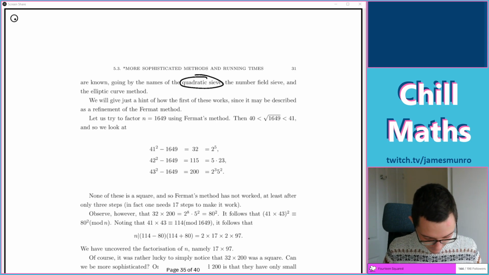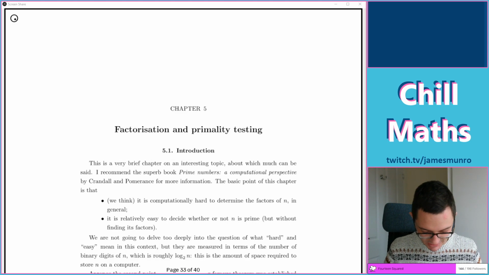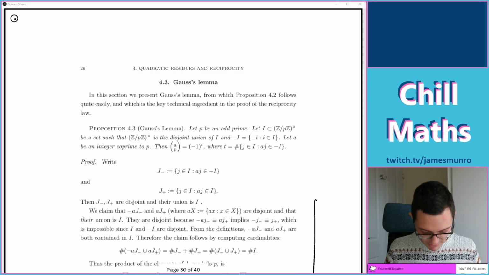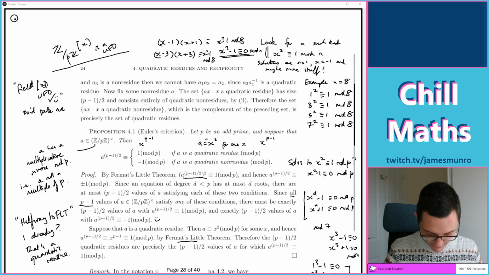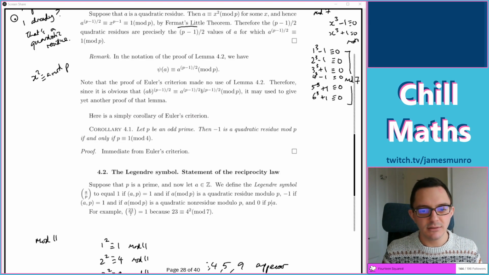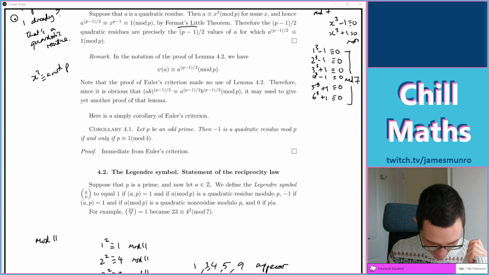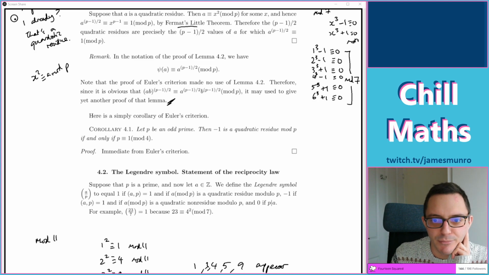And there's some tricks for that. One of them is called quadratic reciprocity, which I would like to learn now. It's so powerful just being able to grab the lecture notes and try and learn stuff. Thanks for joining me on this weekend of learning. And the notation of Lemma 4.2, which I haven't read, I hope it doesn't come back again. And this is going to give us a proof of Lemma 4.2. So if I ever need to go and read Lemma 4.2, I now have seen a proof. Brilliant.